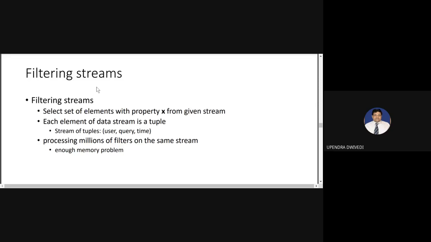So, why do we require filtering? Because when we are dealing with a data stream generated from various sources, for example, music streaming services, video streaming services, video conferencing, or microblogging websites like Twitter, all these sources provide a continuous stream of data.